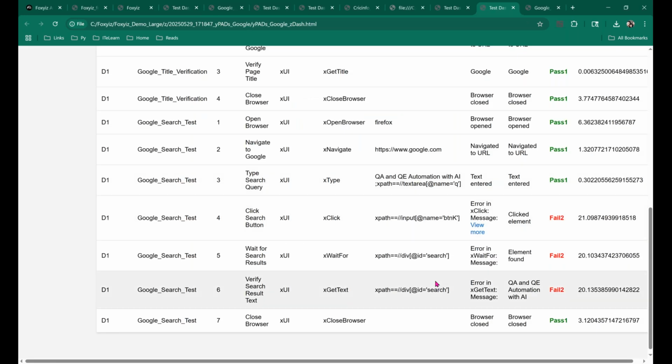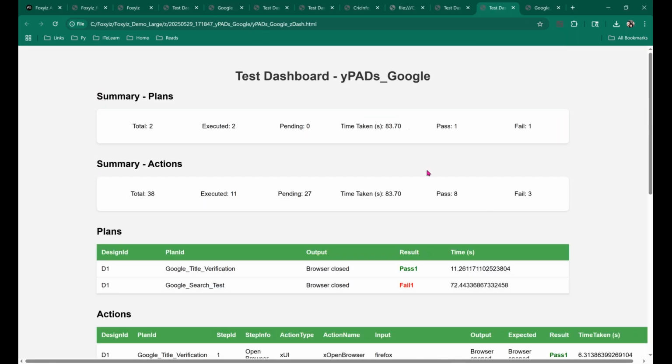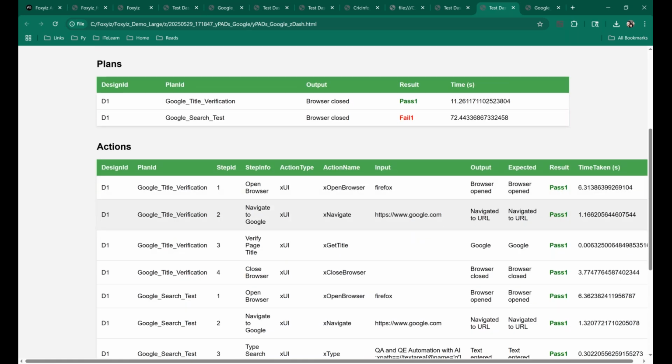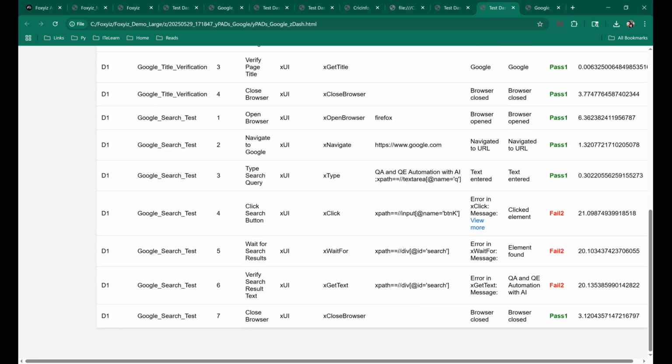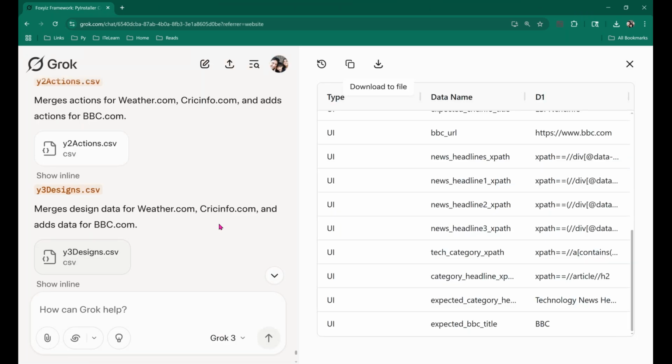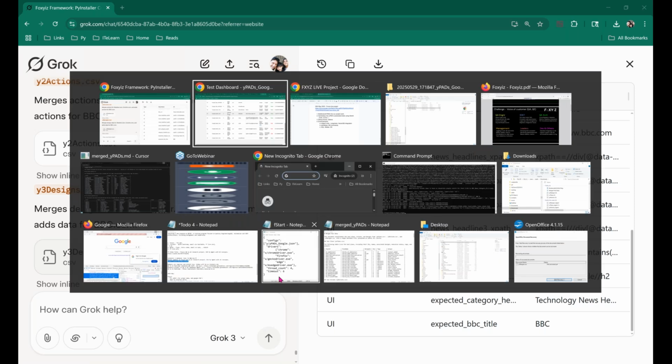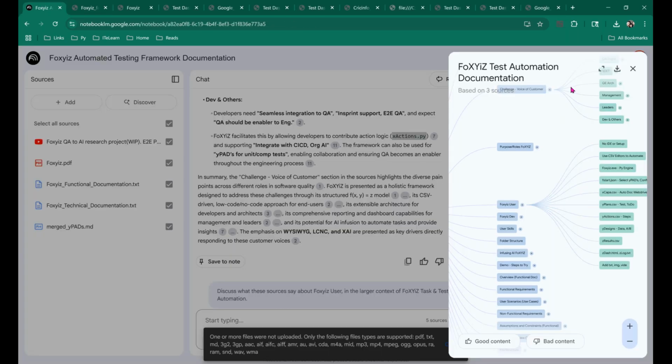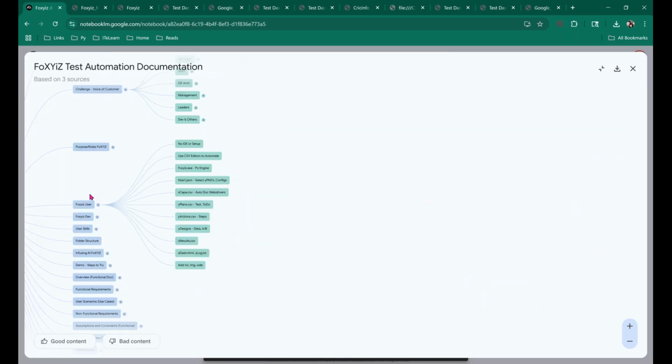Now, Google.com, so I could take it from Grok and create this, and I'll do an execution soon. Then it couldn't do it or finish it for the other options that I gave. Then I switched back to Grok team. I've been using the same chat for a while. It has a limitation of 25 attachments, and then it starts forgetting things, but those are good enough for me to get going. Because even if I am a developer of Foxyiz, like you see here,